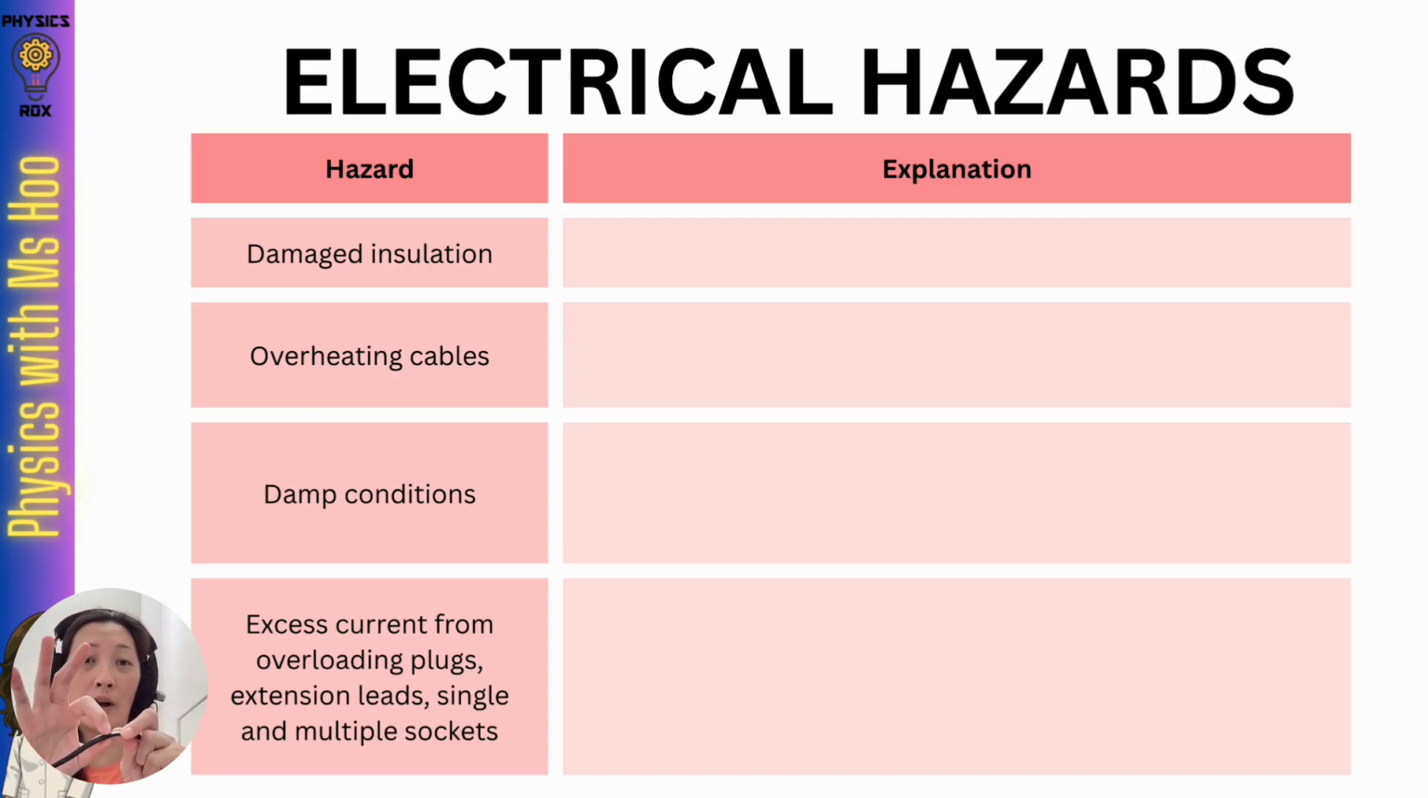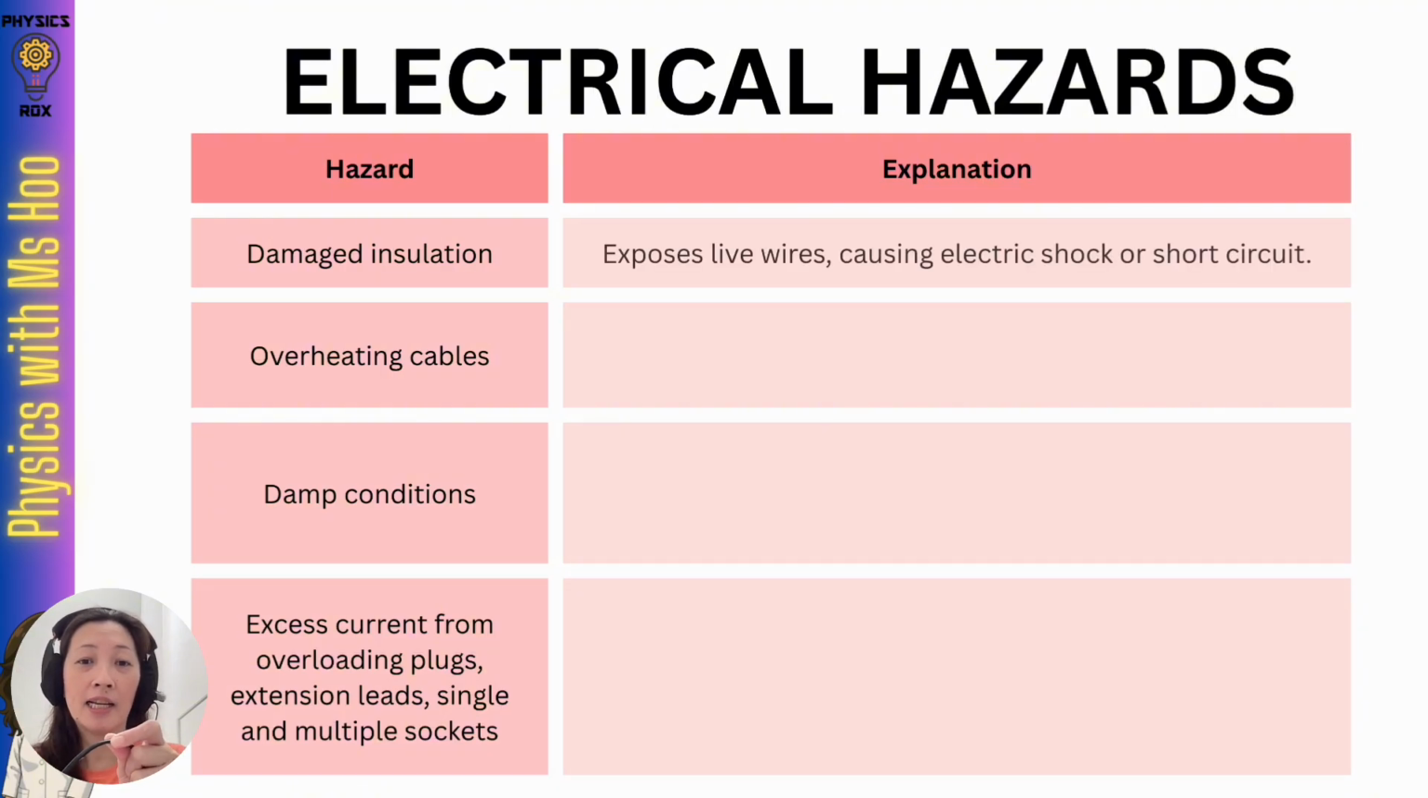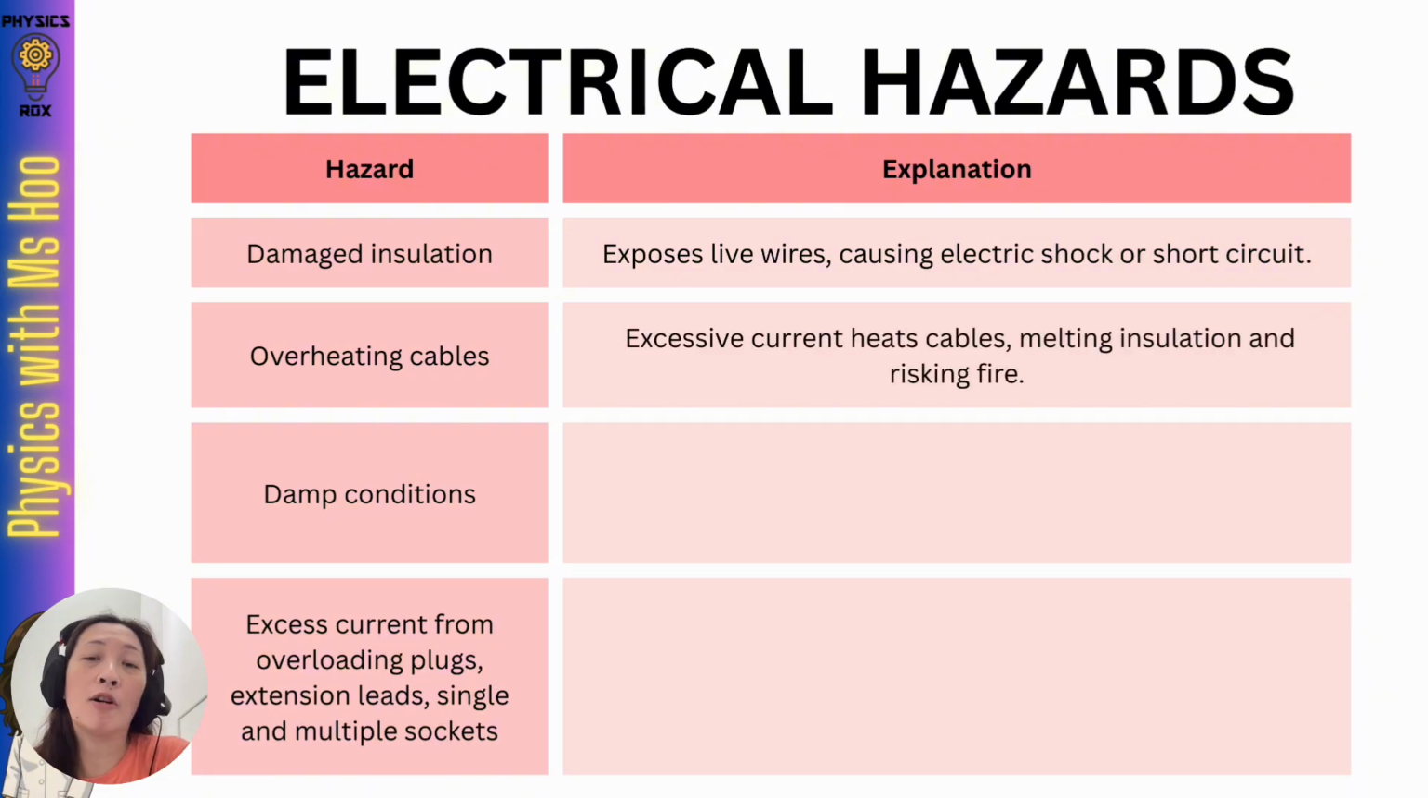So if there's any problem with the covering which causes wires to be exposed on the inside, this can cause an electric shock or a short circuit because the wire that's carrying current inside can come in contact with a human being or with another conductor. Next, in terms of overheating cables, the overheating of cables could be due to excessive current that flows through the cables, causing it to get very hot. So when the cables get too hot, it can cause the insulation to melt and can cause the risk of